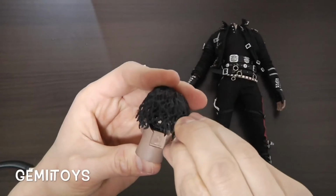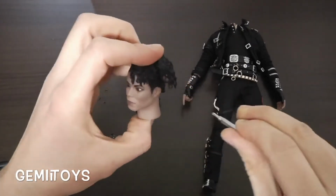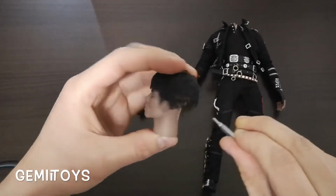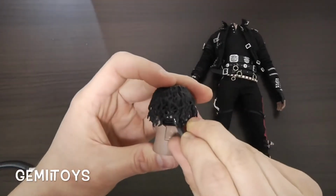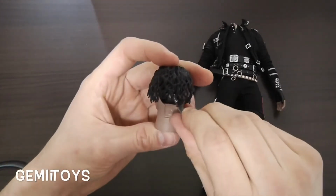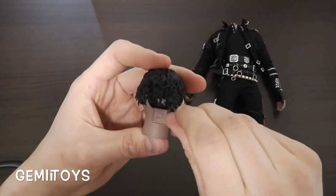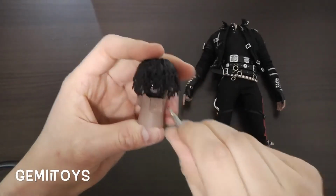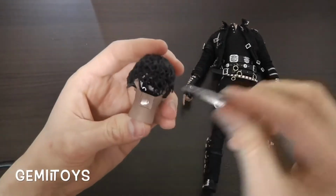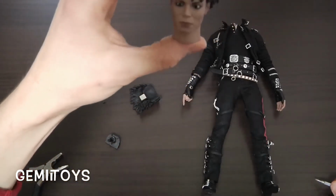I'm not sure how I'm going to fix this, but I will update you when I do. Yeah, kind of getting his eyes a little bit more lined up. A little bit. Let's see. No, he's still cross-eyed. I can't really figure out how to make him not cross-eyed. Oh, you just push it in a little bit like that. I'm just using the piece of screwdriver I used before. There, it's not too bad. At least there,